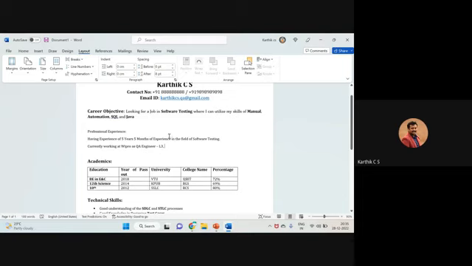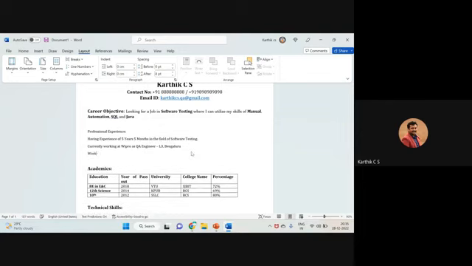Right? L3 Bengaluru. Okay. Worked with Infosys from